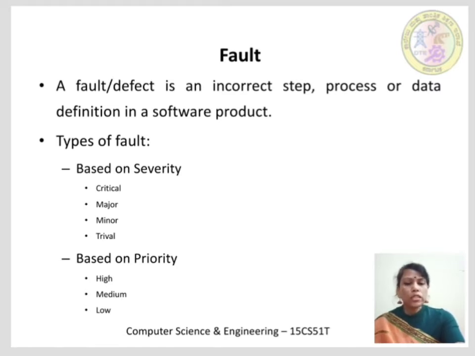Faults that produce less impact and have no significant influence on a software product are called minor faults. The result of these faults is visible in the operation of the product. However, it does not prevent users from executing the task. The task can be carried out using some other alternatives.